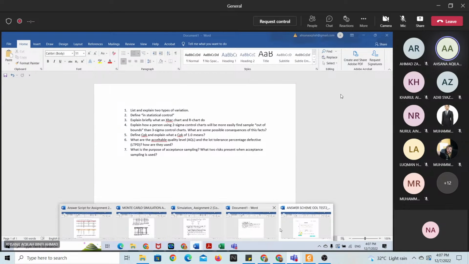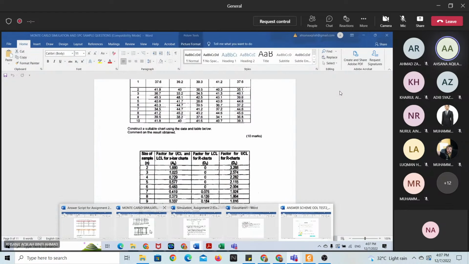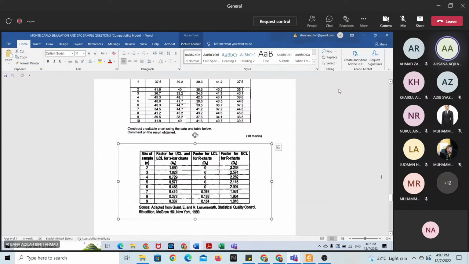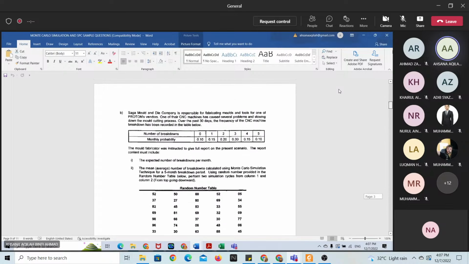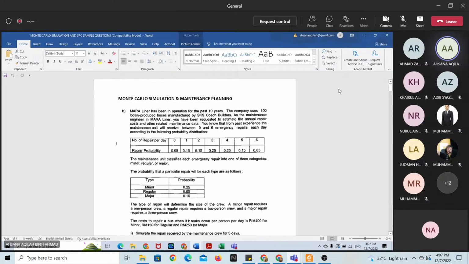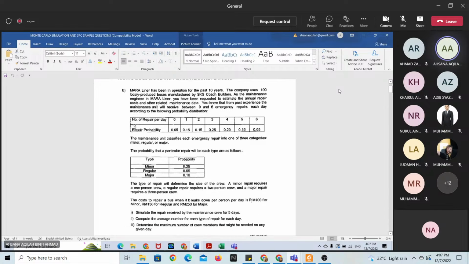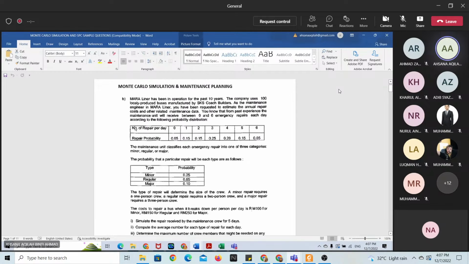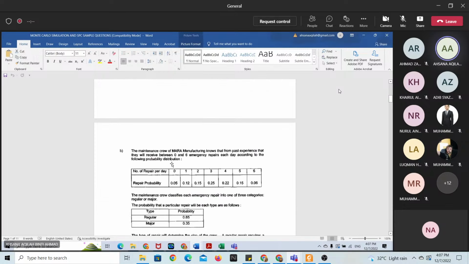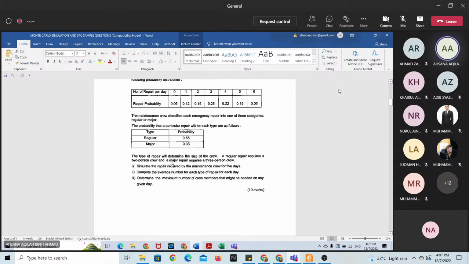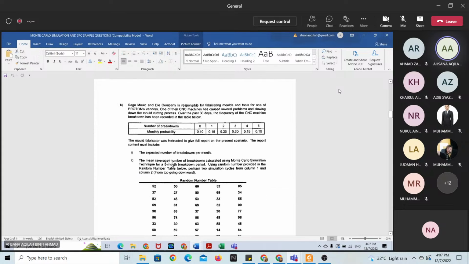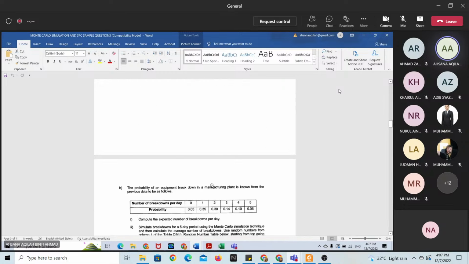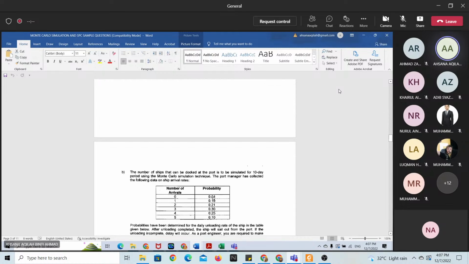Okay, kalau you tengok soalan untuk ni ya. Dekat yang Monte Carlo simulation and SPC sample question ni. Okay. Soalan yang saya suruh you buat lebih kurang macam soalan ni ya. Cuma yang ni dia tak ada bagi random number. So kalau you nak buat soalan yang ni, okay, try to find question yang give you the value of random number table. Okay, so you boleh try buat. Okay, tapi